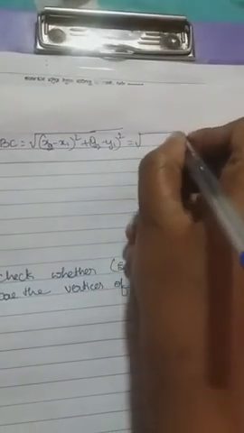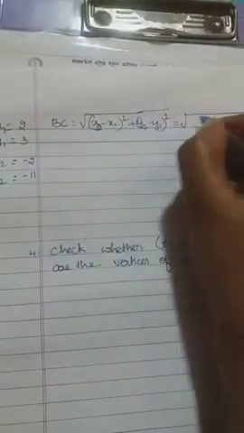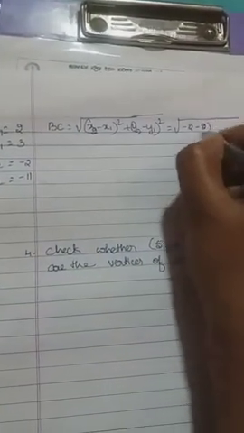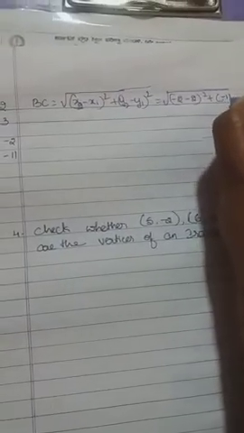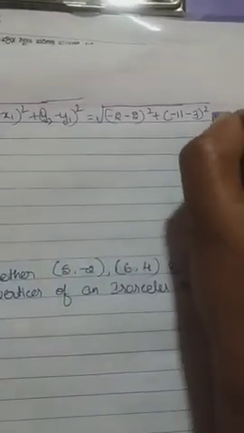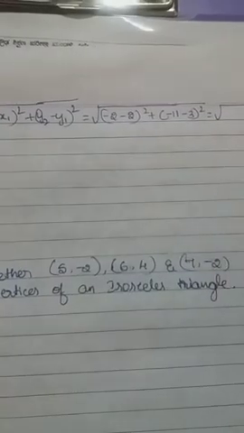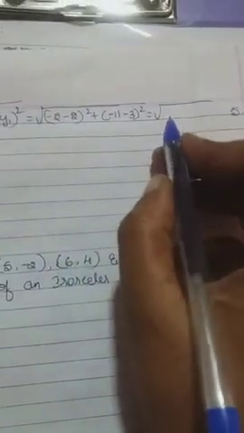So let us substitute for this. That equals square root of x2, in the sense -2, minus x1 is minus 2 again, whole square, plus y2 is -11 and y1 is plus 3. So here minus 3, whole square, because the minus symbol is there, no? For that sake. So that equals square root of, you can write one by one. Due to shortage of space I am writing like that, no worry about that, you can write one by one.